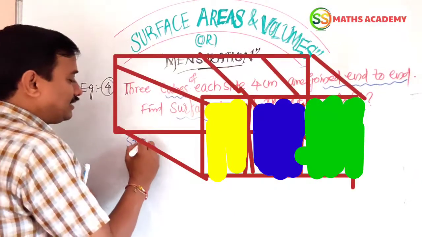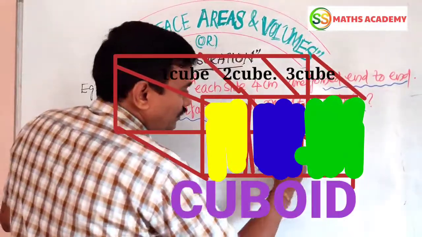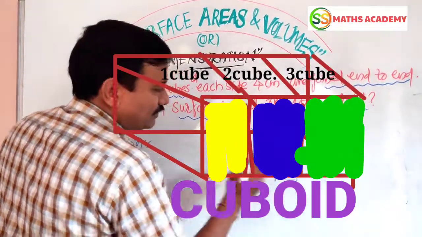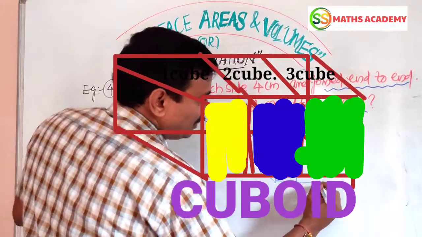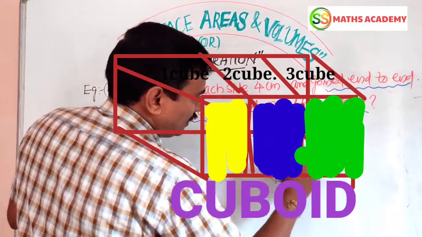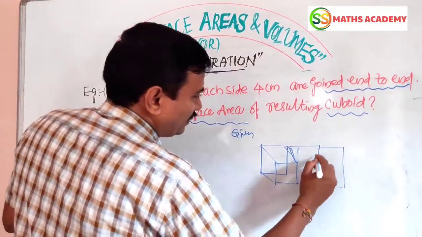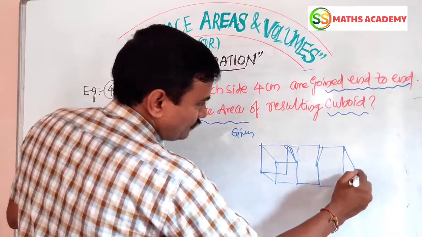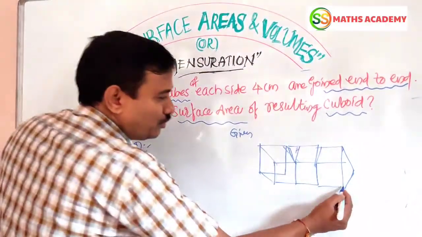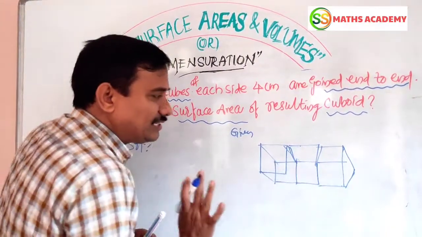Now let us see the solution part. First cube, like this will be there. This is a cube. Yes, like this. How many cubes are there here? Join to join, end to end. Like this I am getting 3 cubes. For example, you have to observe. Here, how many cubes are joined? 1, 2, 3. These 3 cubes.